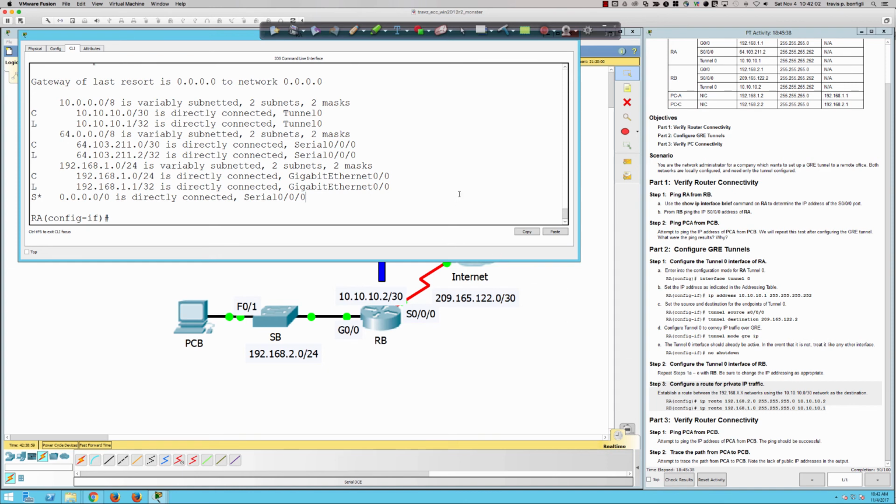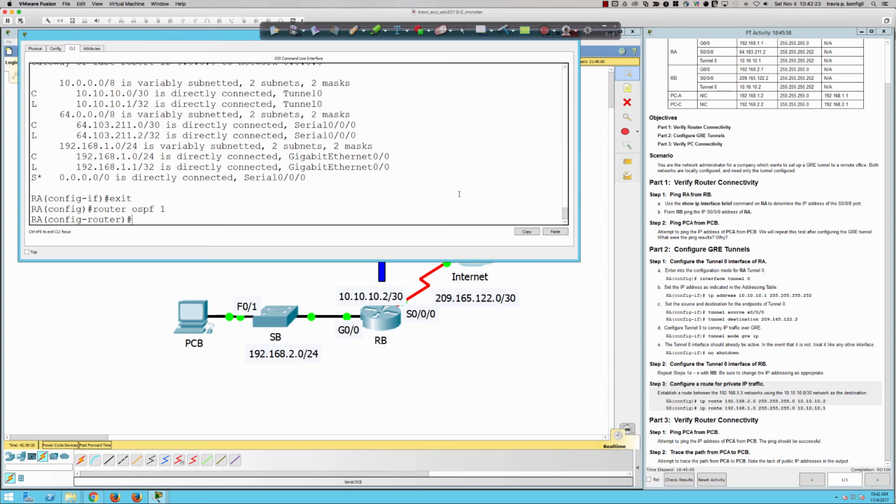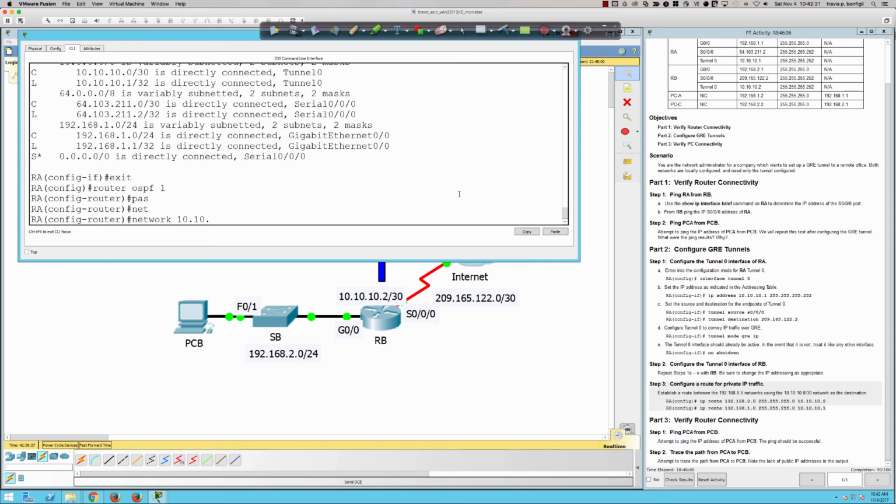But let's take this a step further and do what you would probably do, which is run OSPF over that tunnel interface. Because it's a point-to-point link, I can run a routing protocol over it. So let's do it. I'm going to say router ospf 1. I could say passive interface, but let's keep it simple and just put the network statements in. So network 10.10.10.0